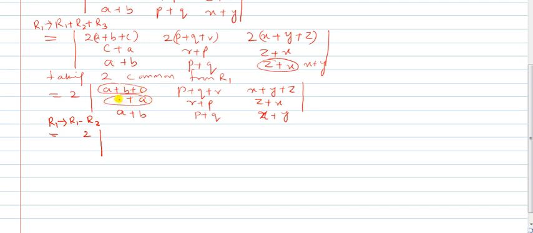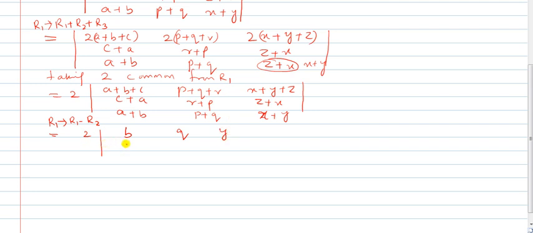This minus this, here C and C will get cancelled, A and A will also get cancelled. This will become minus and this will become minus. So C and C will get cancelled and A will also get cancelled. What will be left? B. Here also R and P will get cancelled. What will be left is Q. Here also your X plus Y plus Z minus X, Z and X will get cancelled. I will get Y only.